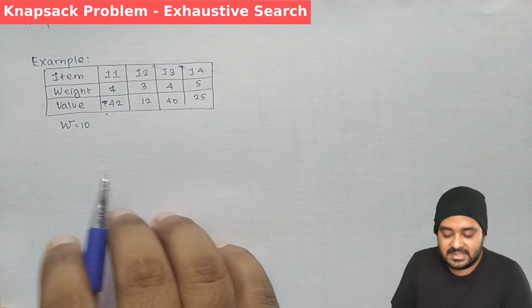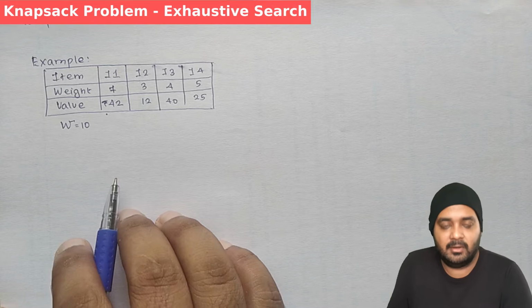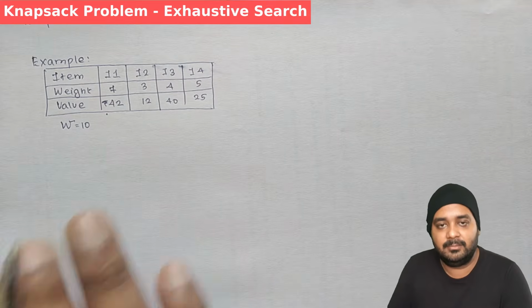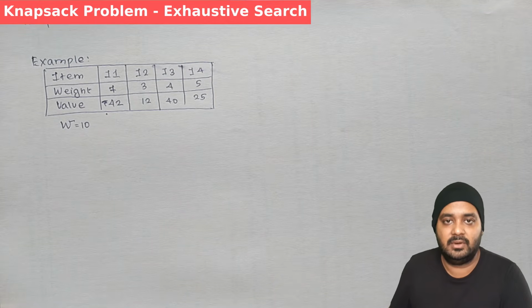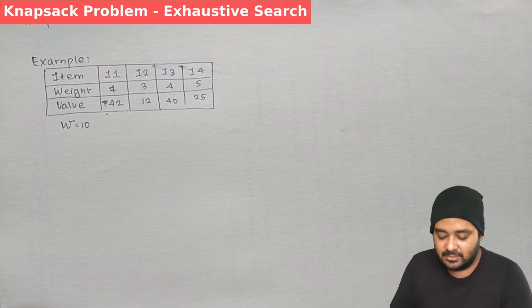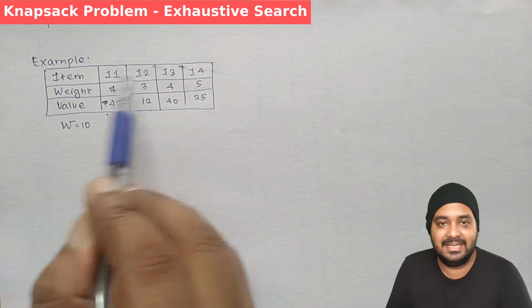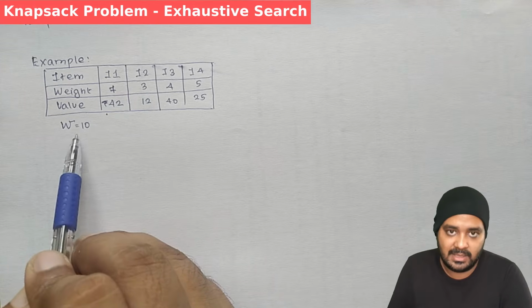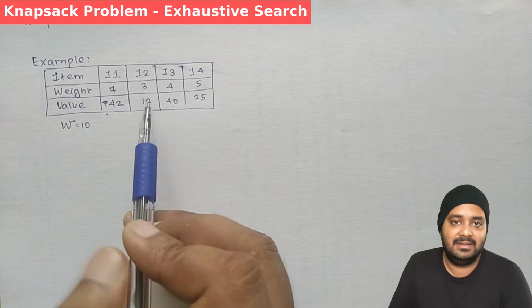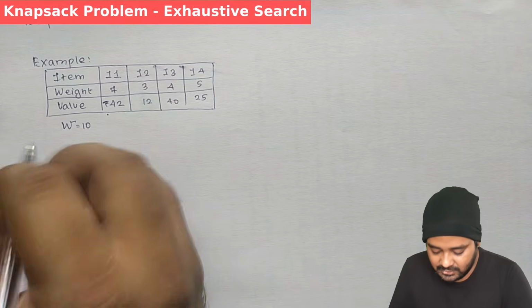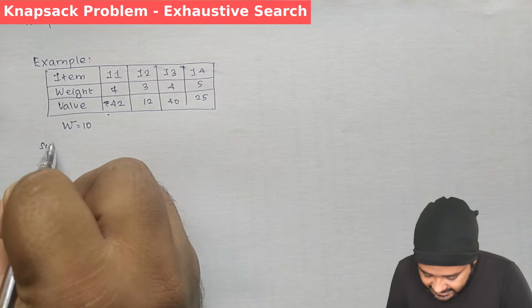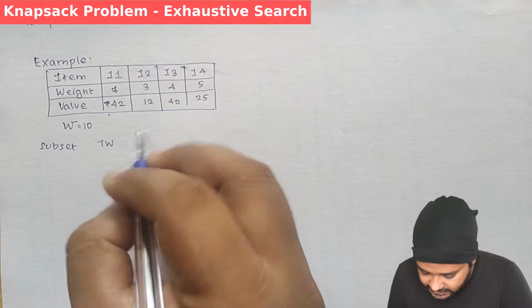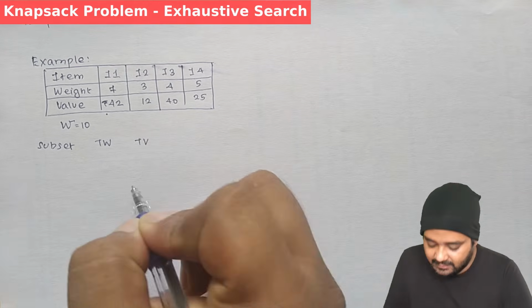Since we said we are going to do it with an exhaustive search mechanism, which is nothing but a brute force option, you have to come up with all the possible solutions and find the optimal one. For example, we construct a subset for all these items, calculate the weight, check whether it fits or not, and then calculate the value. Let us look at the problem solution. Here I am placing the subset, then the weight, and the total value.